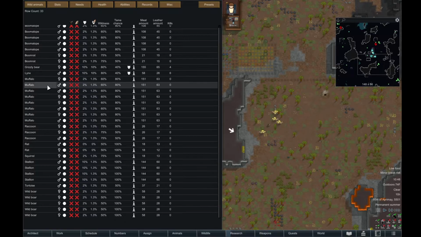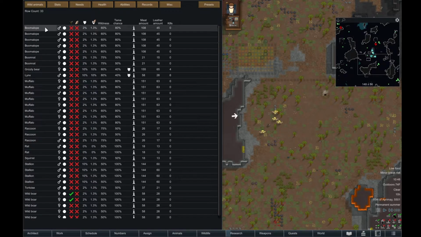Let's do some hunting of... Ooh, muffalo would be good, but I don't like the horde coming after me, so let's do some wild boar. The other thing I would not hunt ever is boomalope, because they explode when...